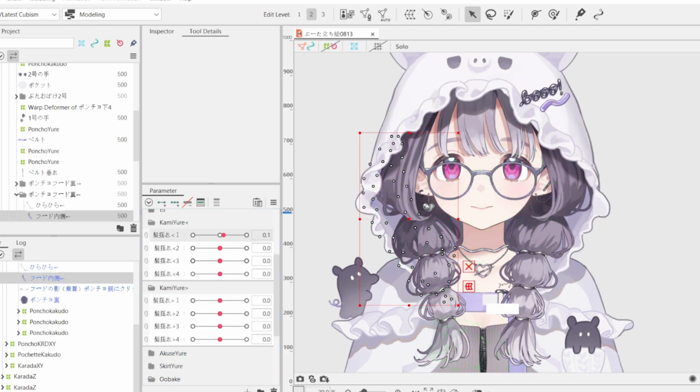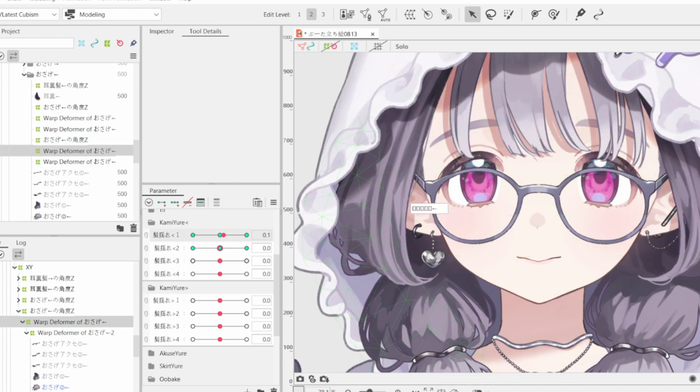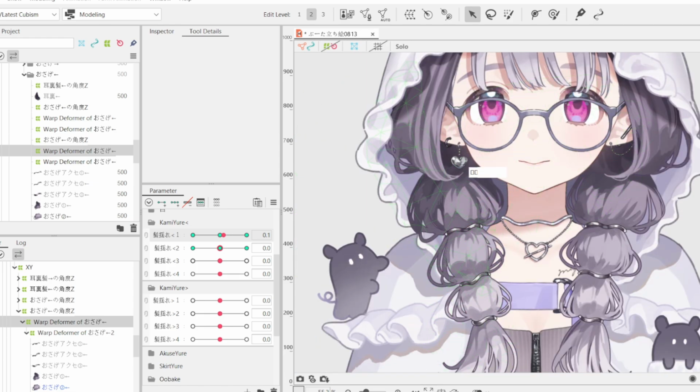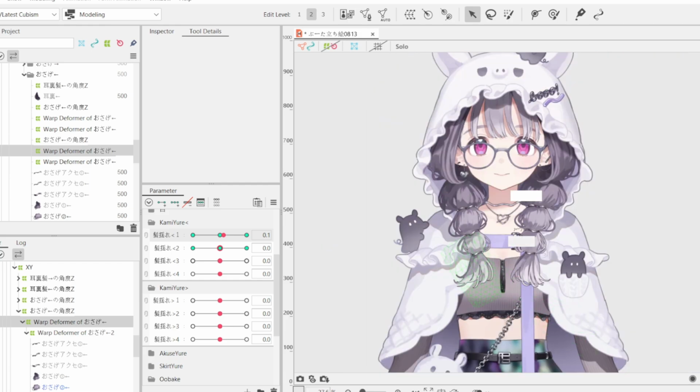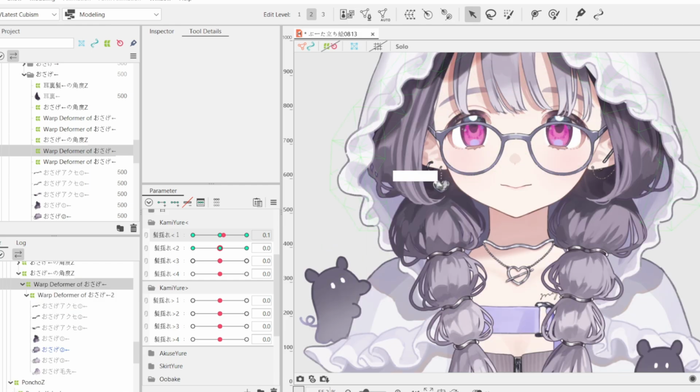And then I went into the hair and created parameters for the parts that I thought would move. Originally I thought that this part was part of the bangs or the front hair, but I was actually mistaken, and the only part that moves that much is the side tails, I guess. I created 3 warp deformers for each side tail, so that's 3 on the right side and 3 on the left side.